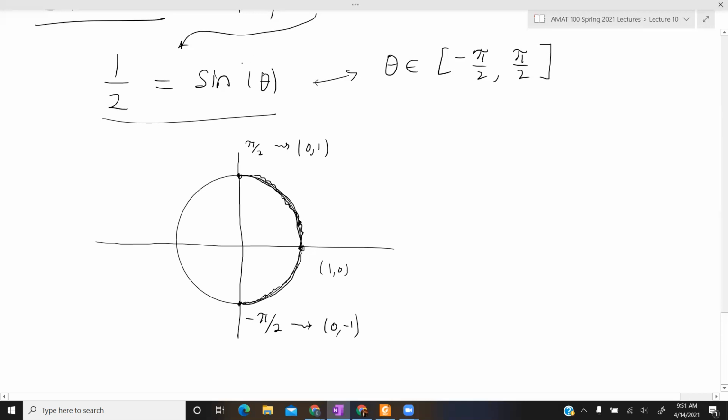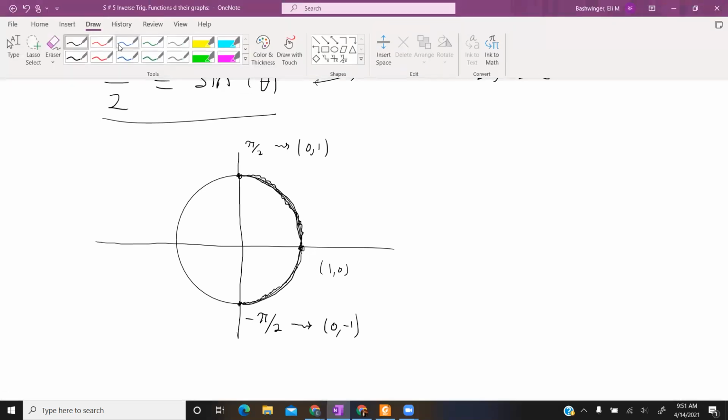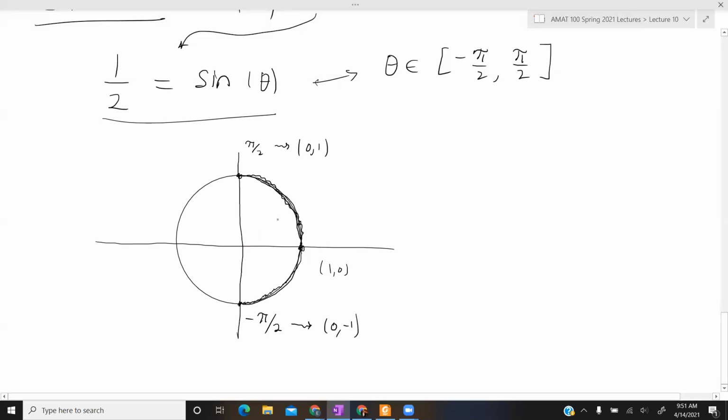Let me put it in red, actually. I'm not going to be super precise, but we have these 3 values right here. This right here is pi over 6. This one is pi over 4. And this is pi over 3. Those are the points, and the corresponding points in the plane are